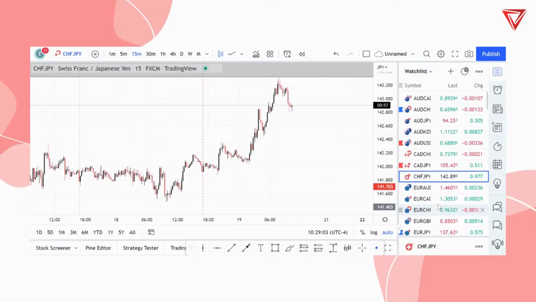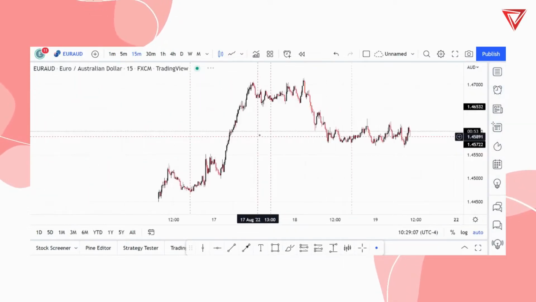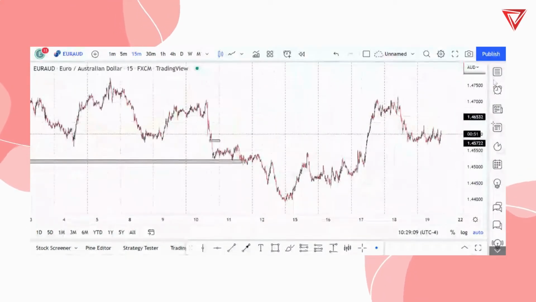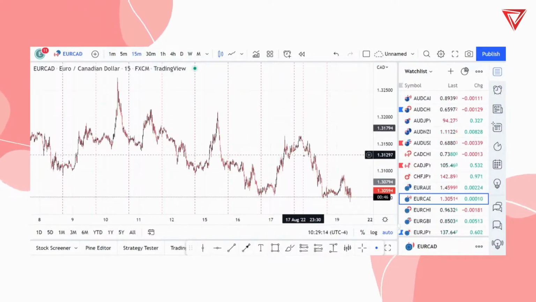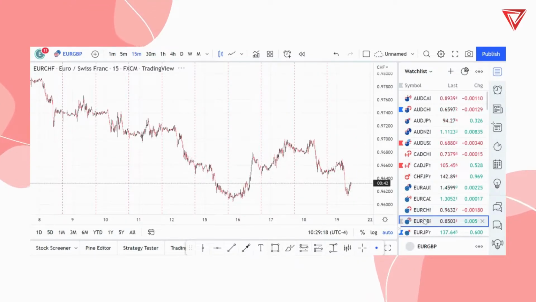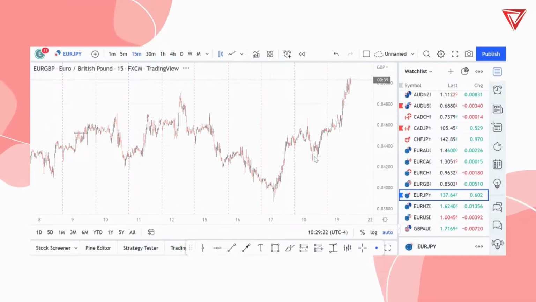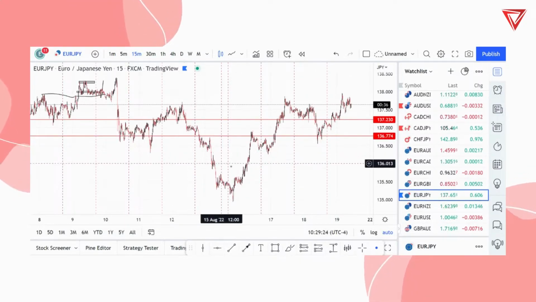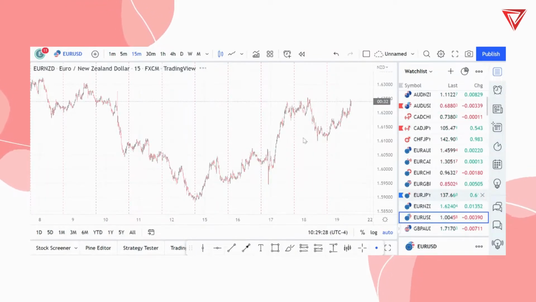We'll monitor it. The next one, I think, did I have anything on Euro AUD? No, I did not. Right, so we'll go to Euro CAD. Didn't have anything on Euro CAD, Euro CHF. Didn't have anything there. Euro GBP, nothing. EJ, okay, so I did not have anything on EJ. EN, I don't trade this pair. I just analyze it. EU.